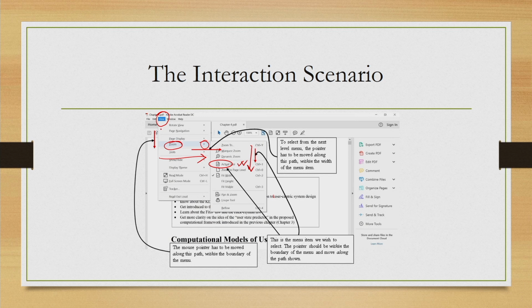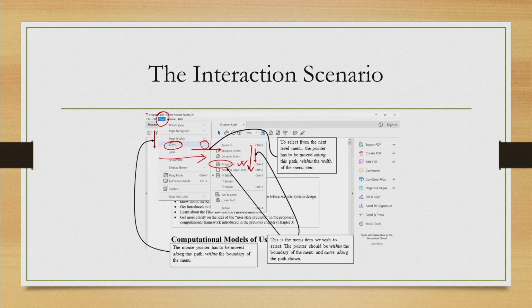So, the task that we do comprises several subtasks. First thing is a vertical movement downwards by the cursor or by the mouse pointer, followed by a horizontal movement, followed by another vertical movement. Now, this series of activities has to be done in a constrained manner.